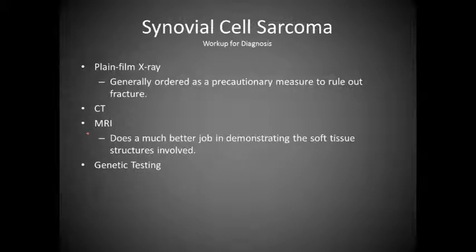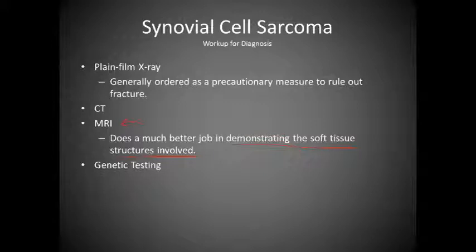Generally, plain film x-rays are utilized just as a precautionary measure to rule out a suspected fracture. And then if no fracture is demonstrated, then CT and MRI can be utilized. However, MRI does a much better job to demonstrate the soft tissue structures that are involved. That's why we favor MRI for things like this, because soft tissue imaging becomes very important, and it's something that